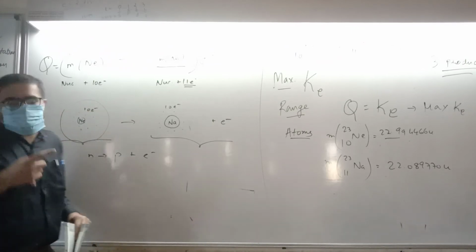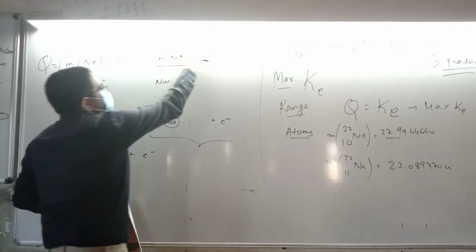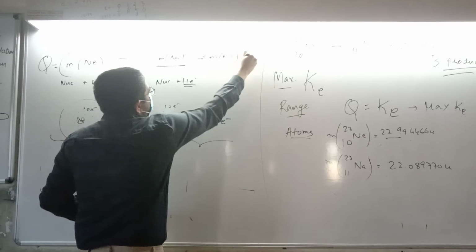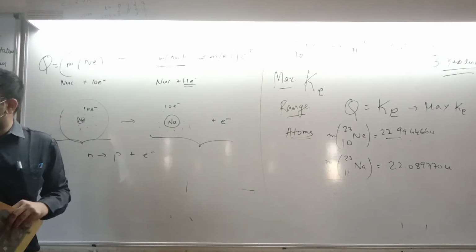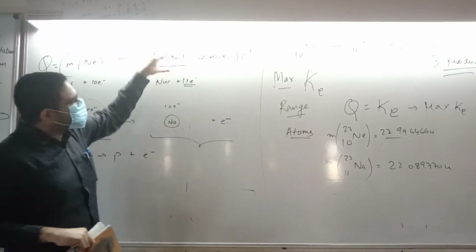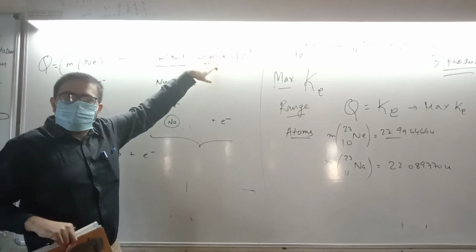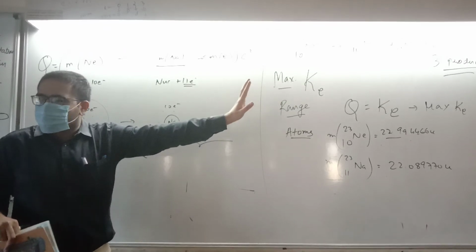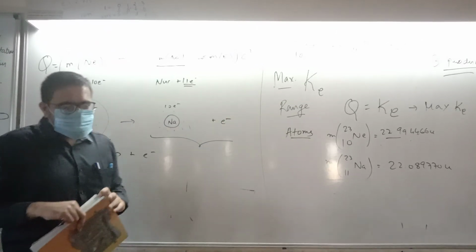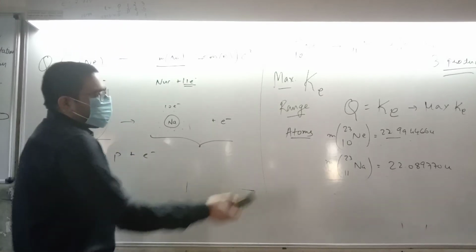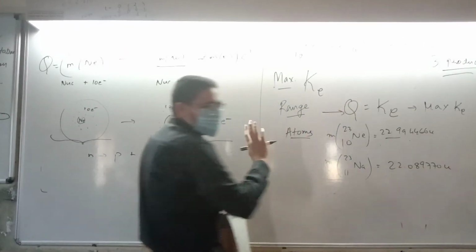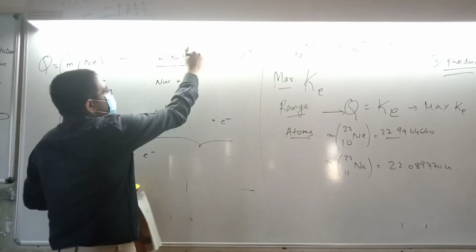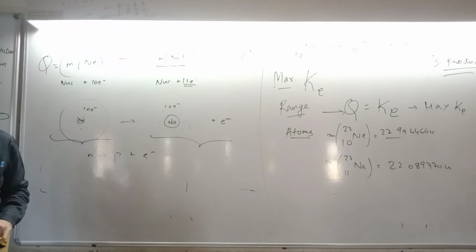So what's the mistake people normally make? They add one more electron mass here by mistake. That would be wrong. You understand why it would be wrong? Because now it would mean you are considering 11 electrons and one more, which is wrong. The 12th electron is nowhere. Understood? So please be careful in beta. This is a very easy step, there is nothing in it. But when you write the Q value, you have to be careful.